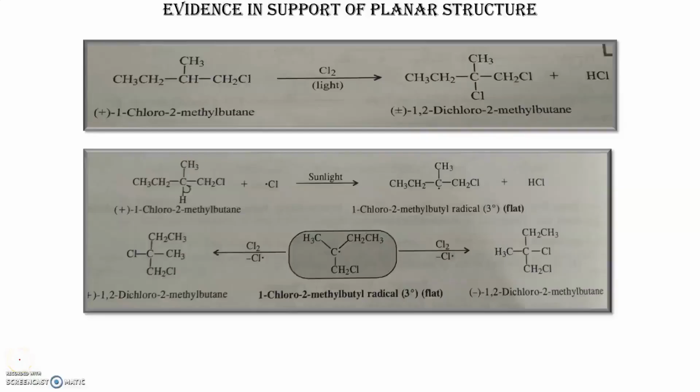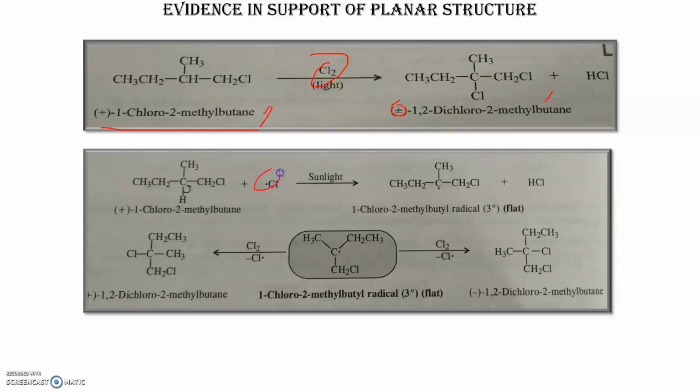The evidence which supports the planar structure is that when (+)-1-chloro-2-methyl-butane is subjected to sunlight in the presence of chlorine, we get (±)-1,2-dichloro-2-methyl-butane, which is a racemic mixture. In this reaction, we clearly see that the optical property of the reactant is lost in the product since this is a racemic mixture. To understand this evidence properly, let's take a look at the mechanism of this reaction,